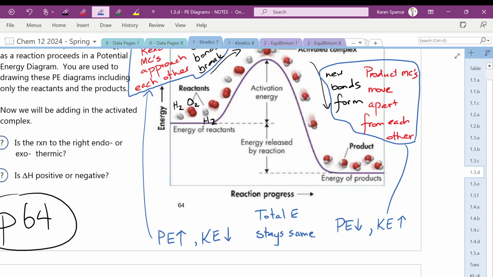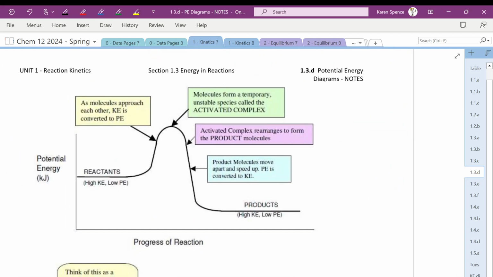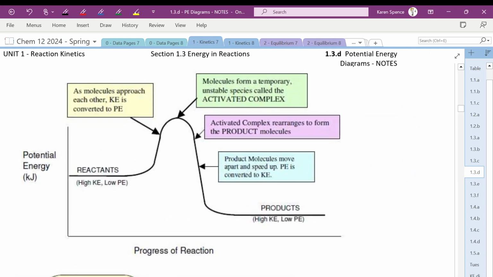How are we feeling about that? Good-ish? Okay, cool. This one, delta H, positive or negative? Negative. Endo or exothermic? Exo. Excellent. Okay. All right, so here it just breaks it down for you some more because I've drawn all over